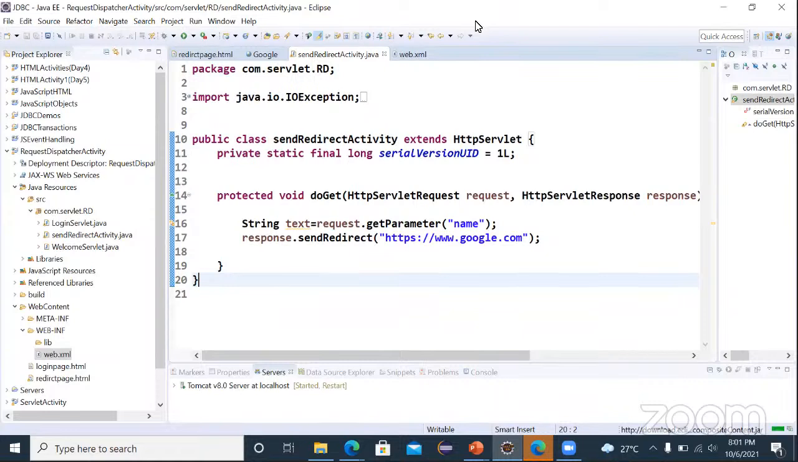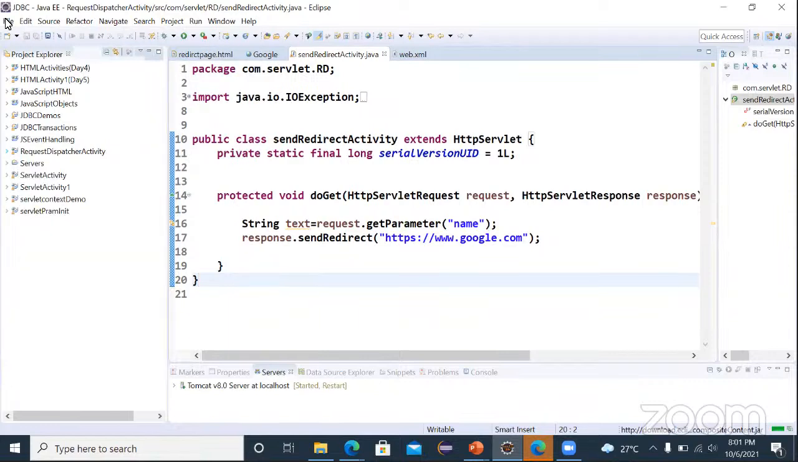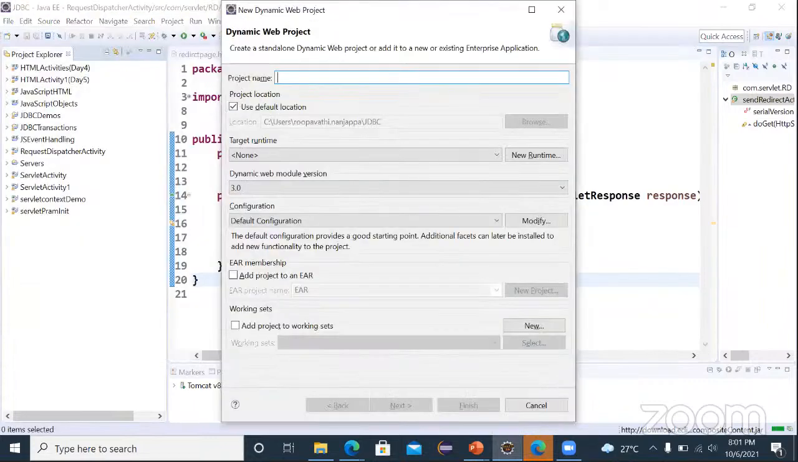Let's take one more activity. Let me create one more project, that is for database. Giving the name as data server connection. Okay, click on next, and let me generate the deployment descriptor, and click on finish. Okay, so now